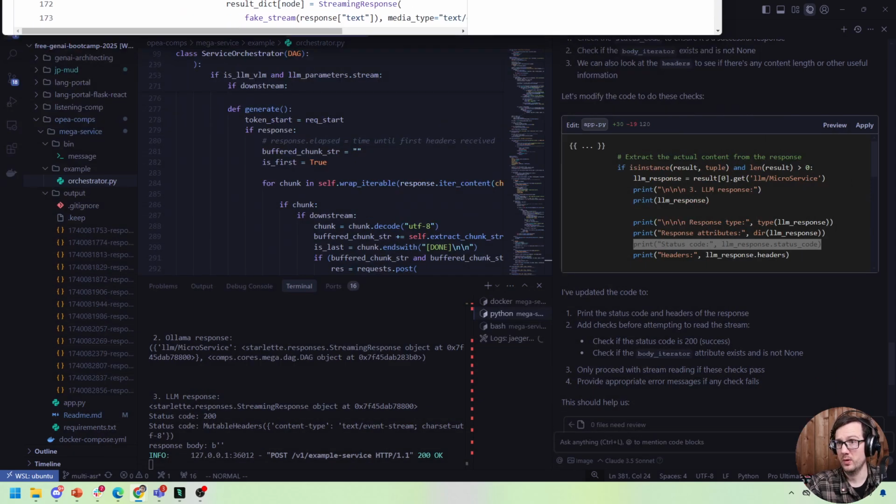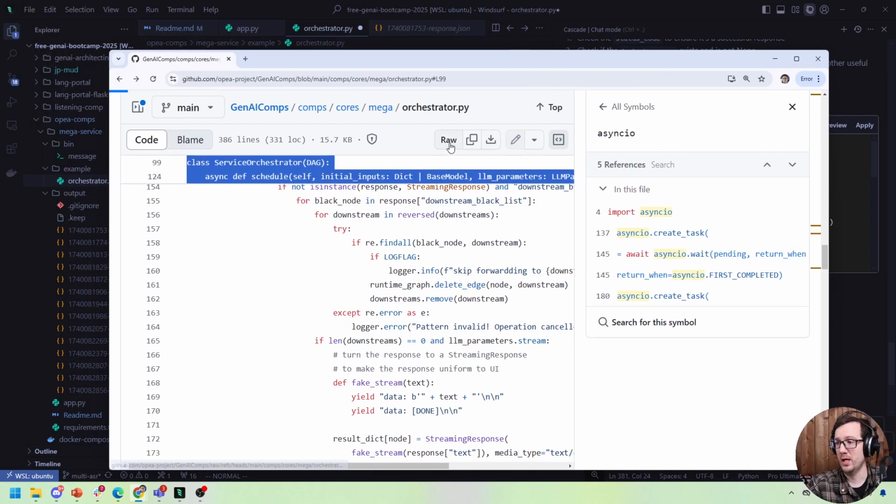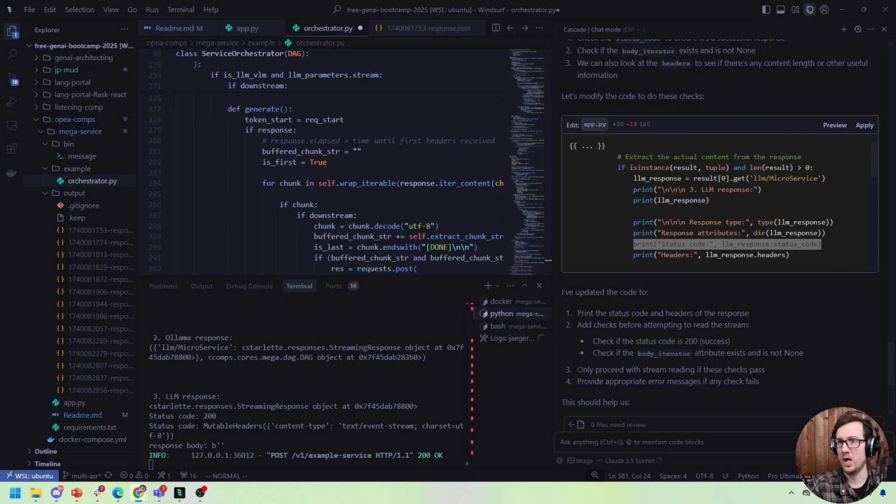But what I'm going to do is take all this code here. I went to raw, and I just copied it and pasted it in here. And I'm going to tell it, put chat mode, say, there is no content coming back. Our Ollama is running on port 9000, right? I can curl and get data back from my host machine,